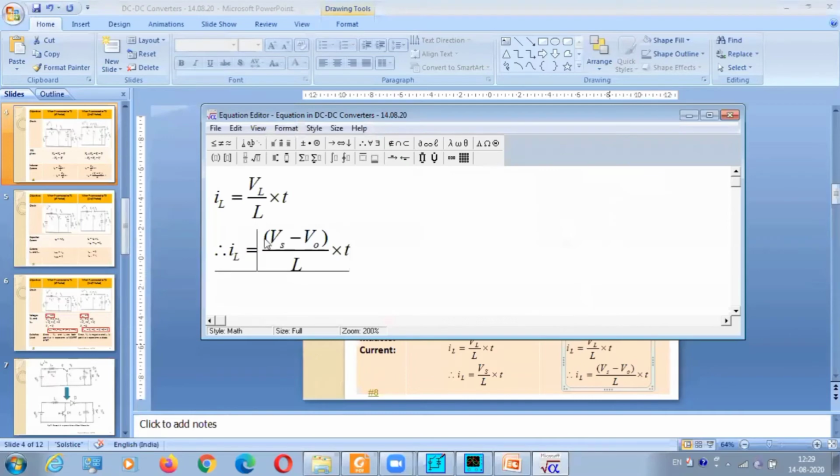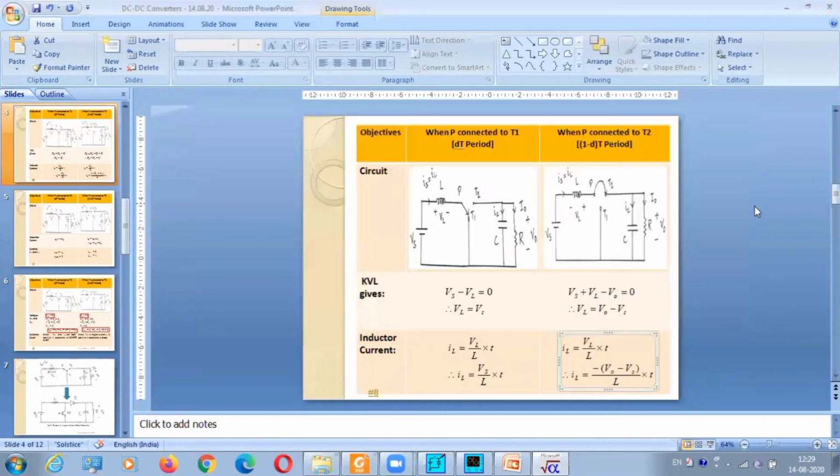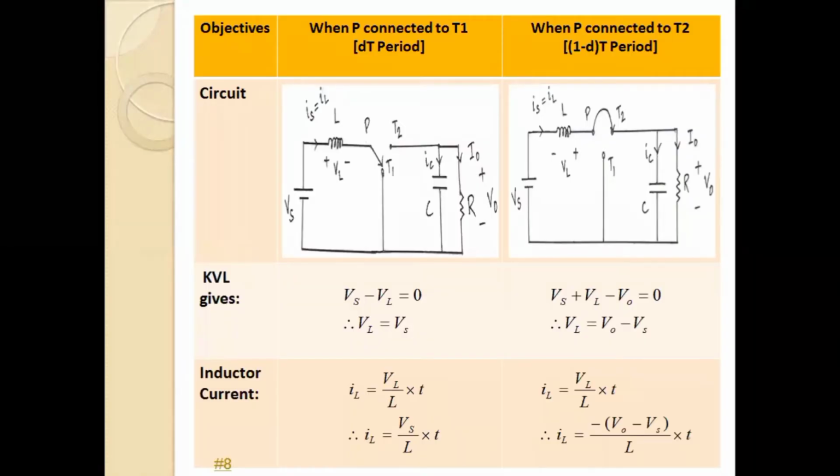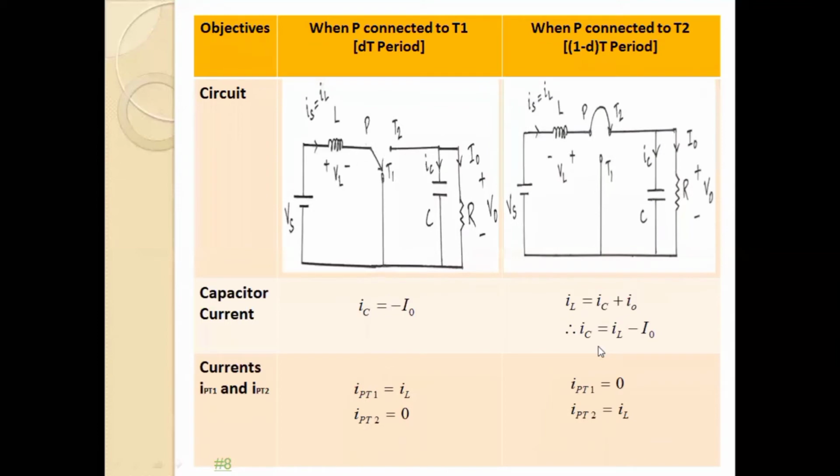Or I should give minus over here for you to understand. So see, minus of V naught minus Vs, I have changed it. So it will be a decreasing slope. This is what I wanted to show you. So inductor current understood, VL understood. Next,